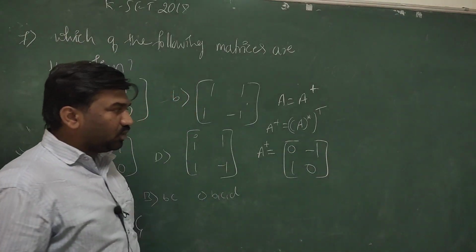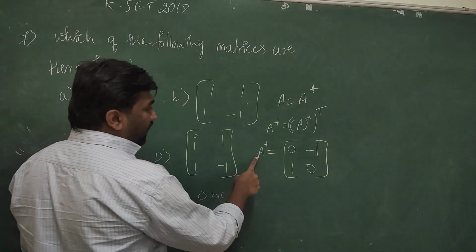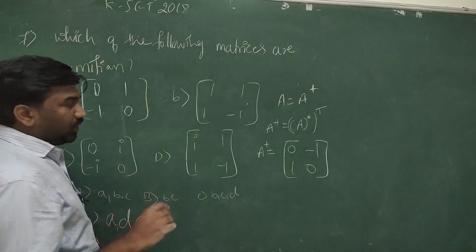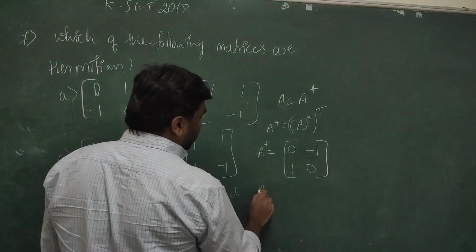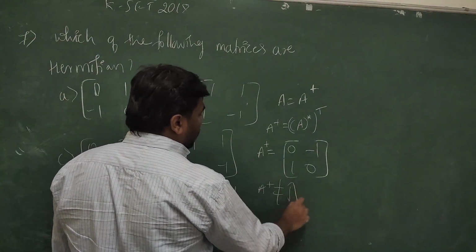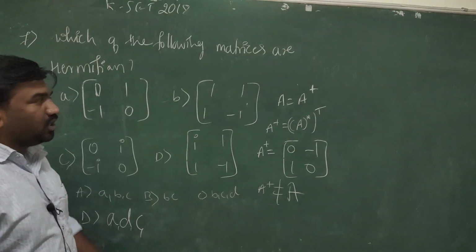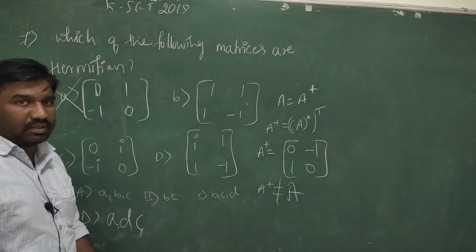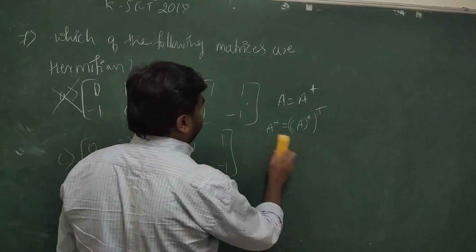There are no imaginary terms to change, and this A dagger is equal to 0, minus 1, 1, 0, but this is not equal to A. So therefore A dagger is not equal to A for this option A. So this is not a Hermitian matrix. Next,